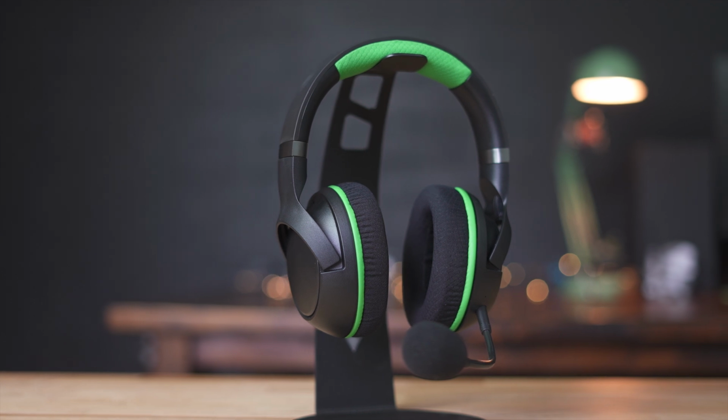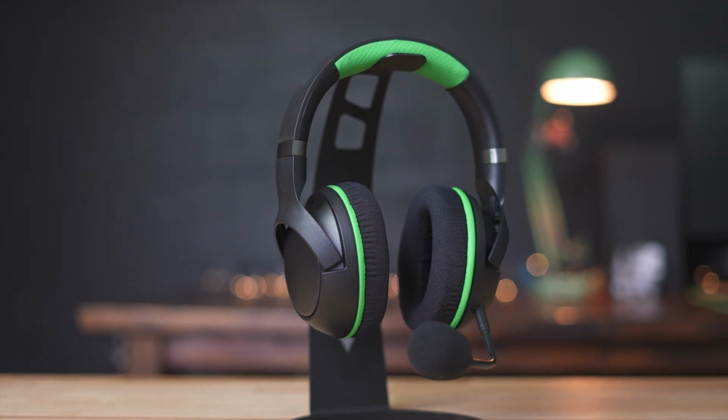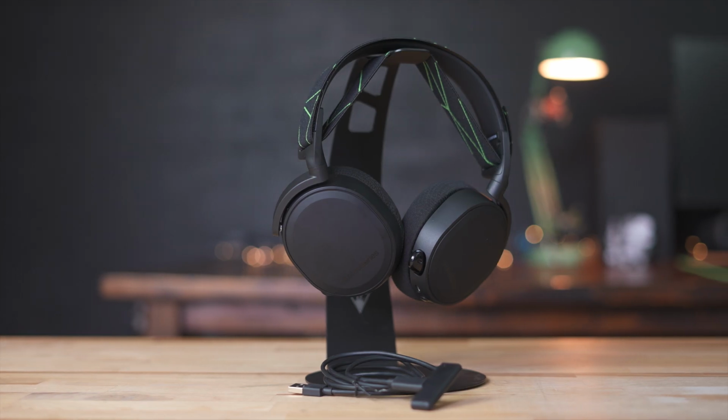When watching YouTube videos, I really couldn't tell any delay, any latency from the audio compared to the video. So overall, for $150, the Kaira Pro has some great features. Of course, that price point is going right up against some stiff competition with the SteelSeries Arctis 7X, which is